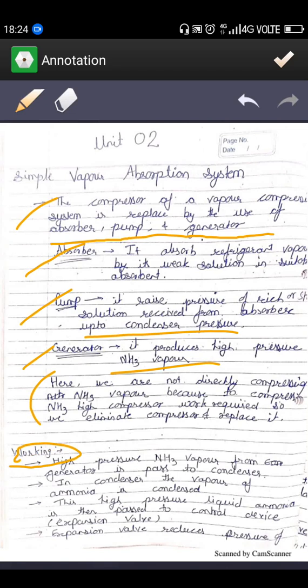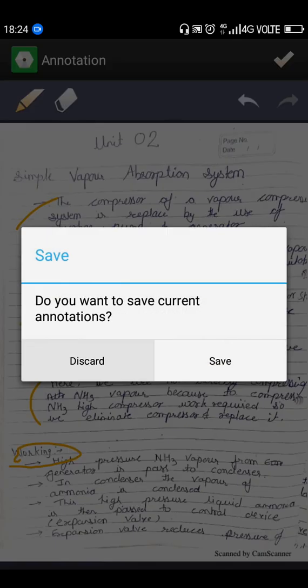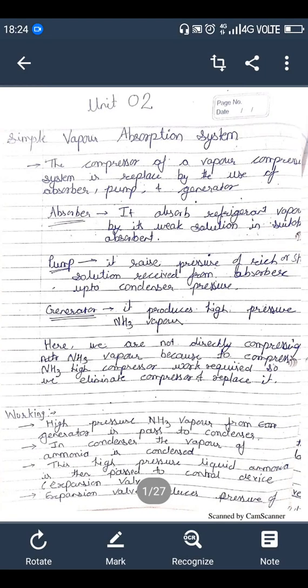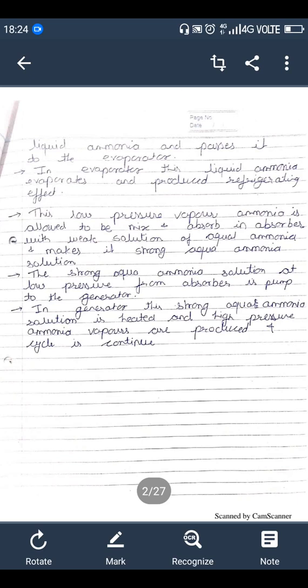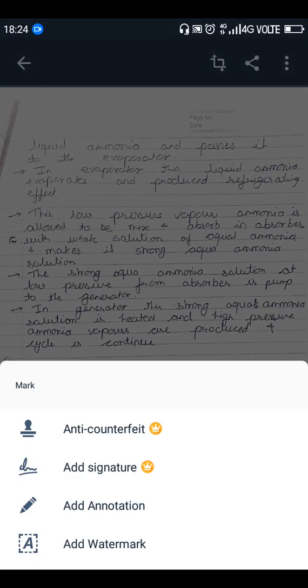High pressure NH3 vapor from generator is passed to the condenser. In condenser, the vapor of ammonia is condensed. This high pressure liquid ammonia is then passed to the control valve, which is expansion valve. Expansion valve reduces the pressure of liquid ammonia and passes it to the evaporator. In evaporator, this liquid evaporates,